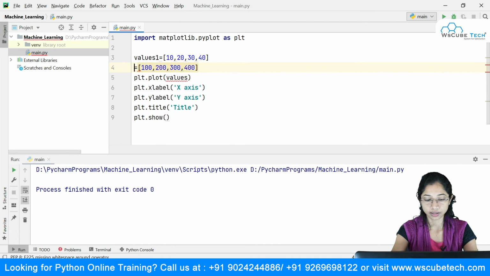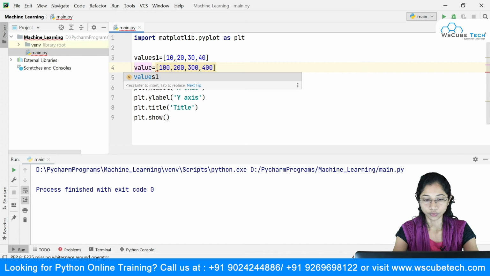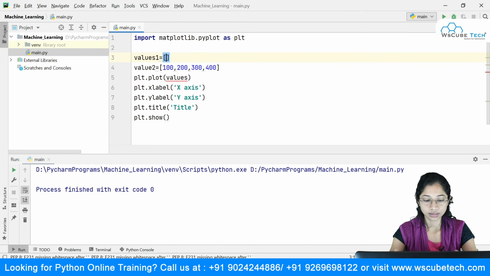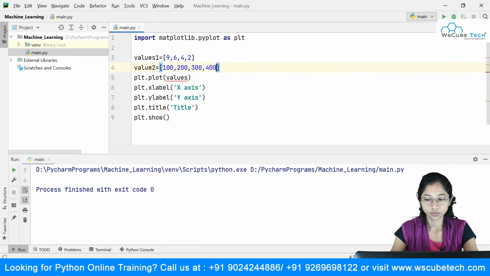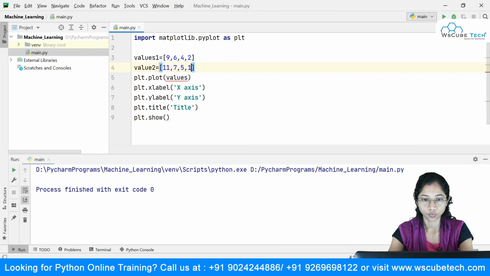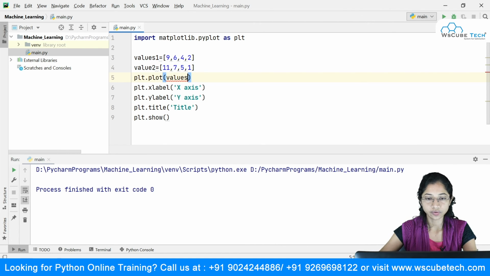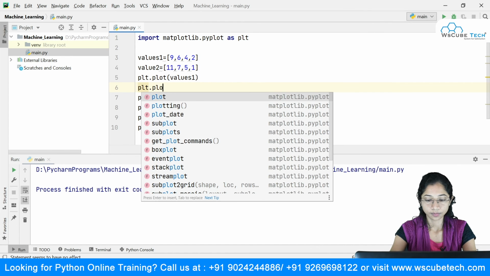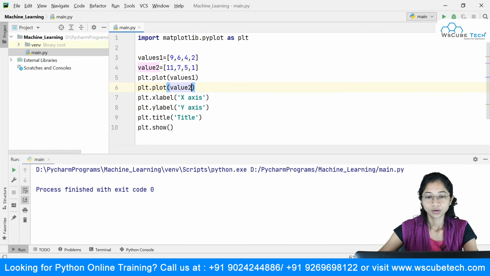I will change the values so that I get a zigzag type of graph, so I'll say 2 here, and similarly 1 here. Then I will say plt.plot values 1, and plt.plot values 2.